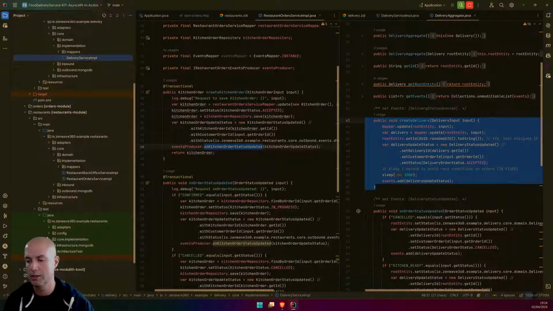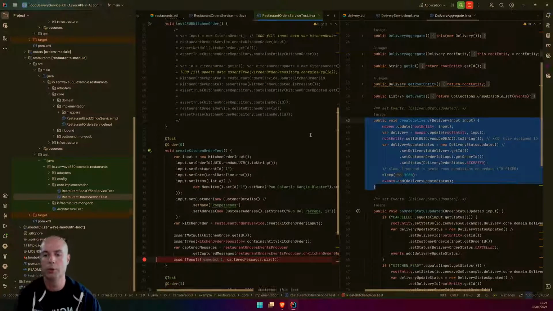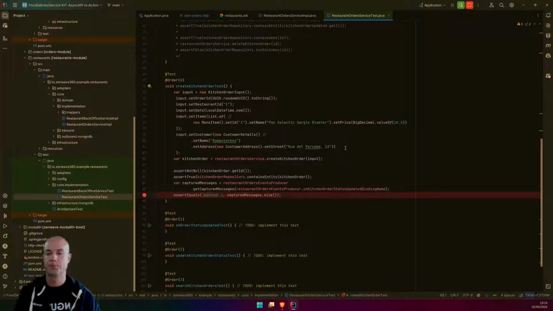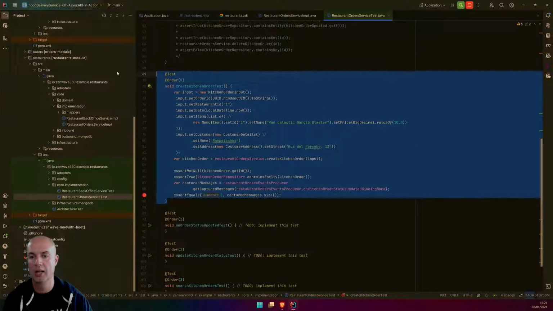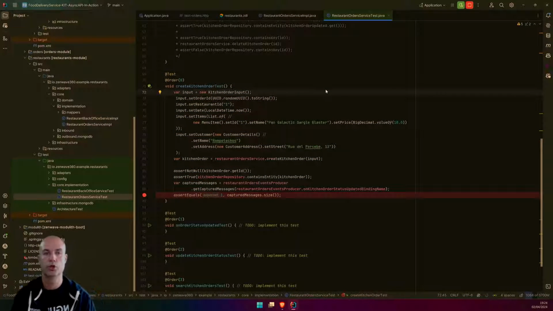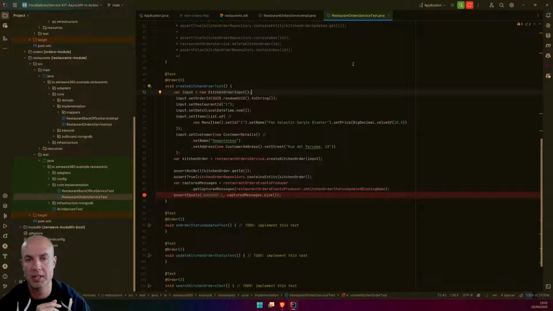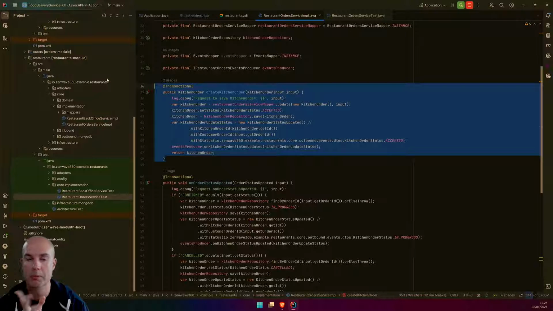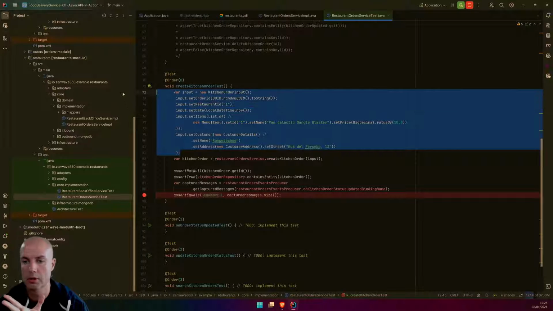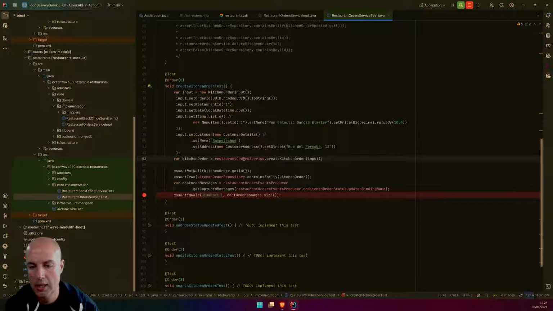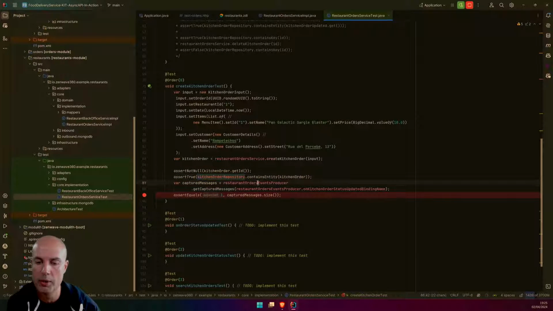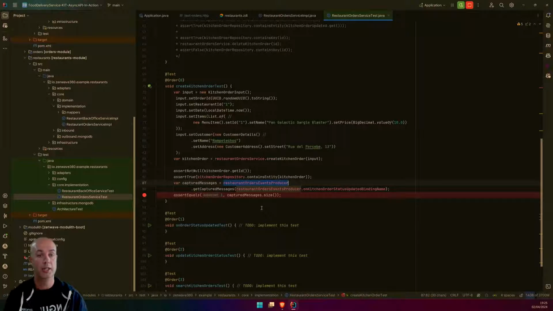here, the restaurant implementation, service implementation. I want to show you this test. As we see here, this is a service, a restaurant orders service test. And I want to show you how easy it is to implement a test for this simple implementation. Okay, we create some input data, initial data, we call our service, and then we can do assertions on the repository, and we can do assertions on the events producer.